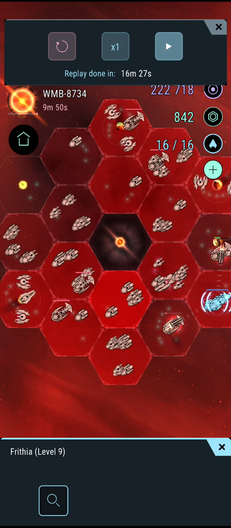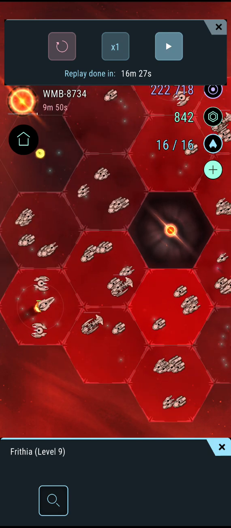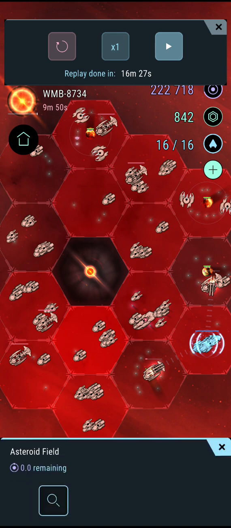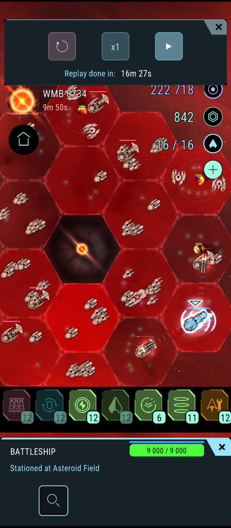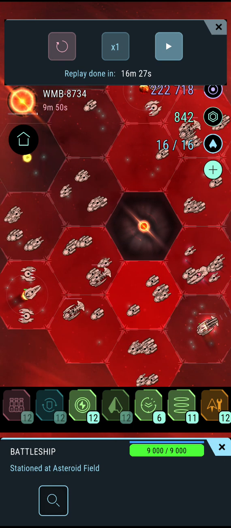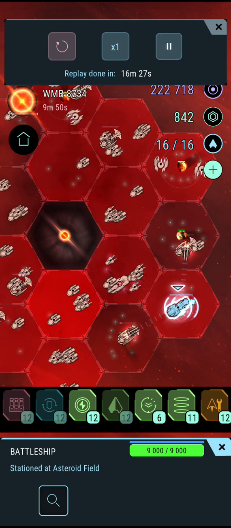Now, this spawn is really, really awful. All of the planets are super far away from the jump gate. Two of them are outside of my teleporter range by a lot. Like, even teleport 12 couldn't reach them. So yeah, really bad start there, really bad spawn, and plus a lot of